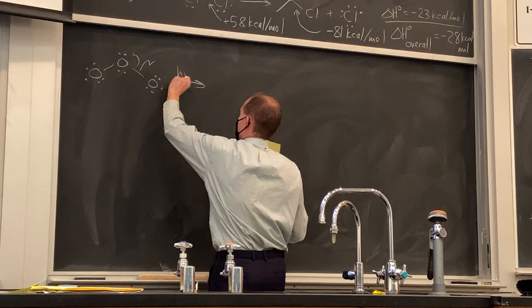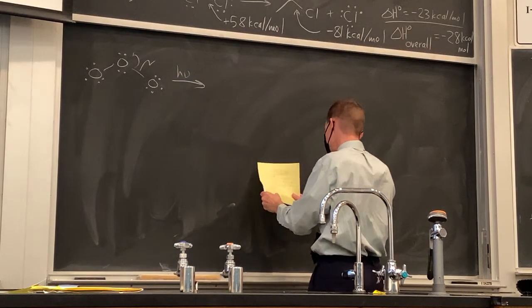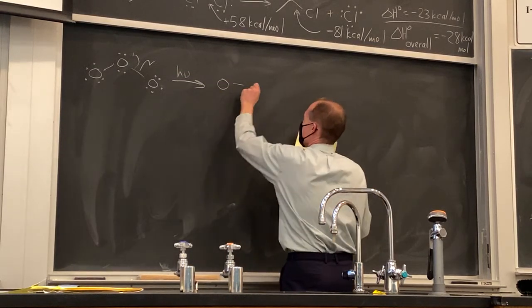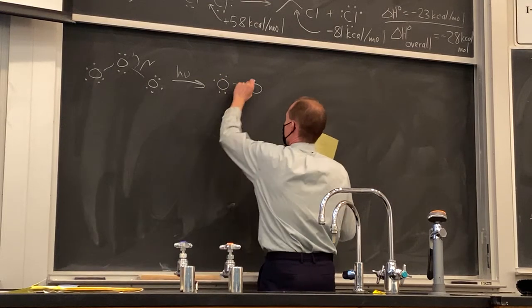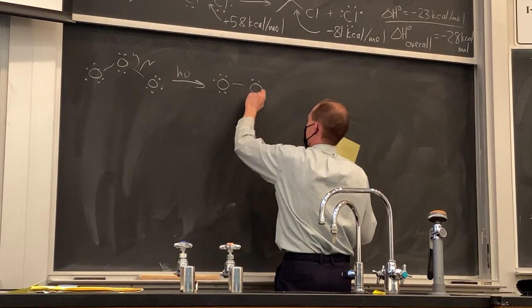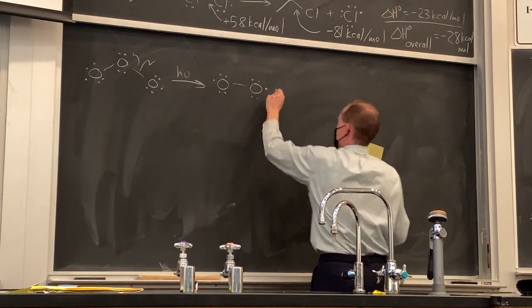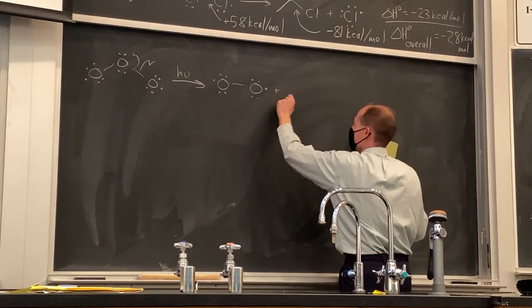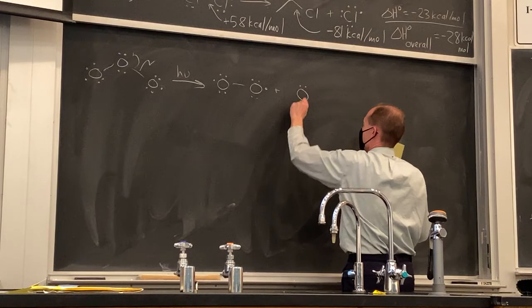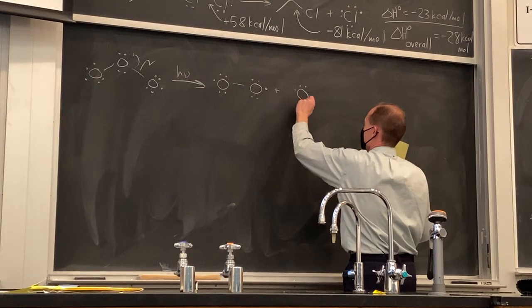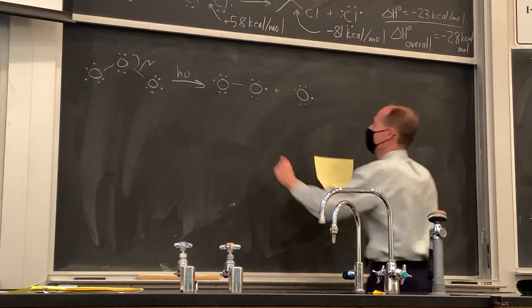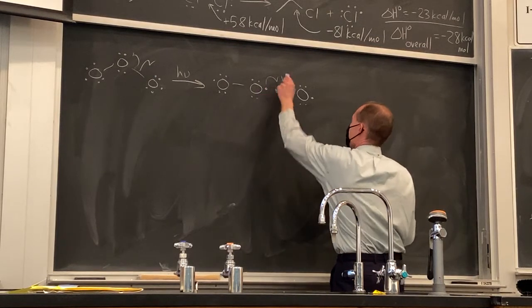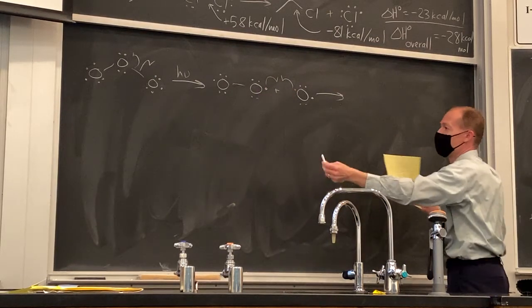And if we have UV light, that UV light is going to break ozone up into an oxygen molecule and an oxygen atom. And then the oxygen molecule and the oxygen atom can recombine